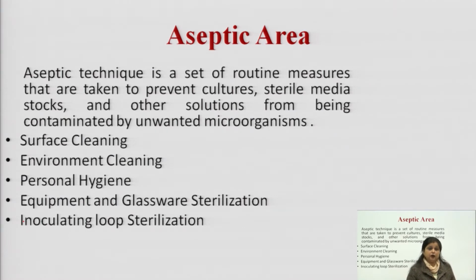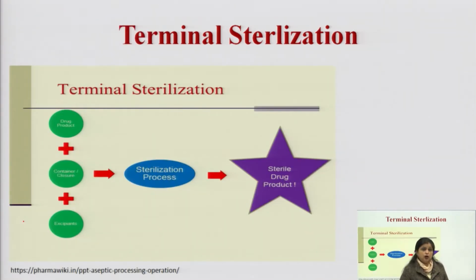On a routine basis, we have to sterilize each and everything to obtain an aseptic area, an area in which we can work with pure cultures, with microbes, but that must not get contaminated from the air, from the personnel, or from the equipment or glassware. That is why sterilization is required for each and everything. So, the aseptic area is the area which is free from microorganisms, and as we need to make our area free from microorganisms, we need to do sterilization.